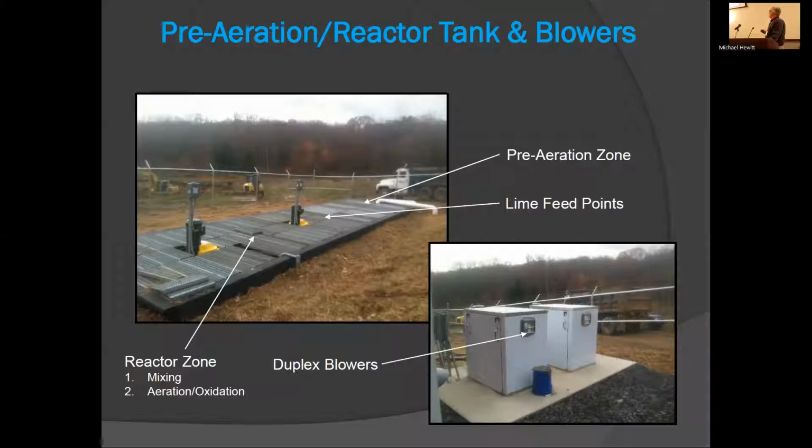With respect to the reactor system, there are 2 zones in it. Water comes in here. There's what we call a pre-aeration zone. That pre-aeration zone is designed to drive off carbon dioxide. That reduces lime use for more effective use. And as a result, it also limits the amount of scaling that may occur in the system due to calcium. As I mentioned, the lime slurry is pumped into this point, then flows into a reactor system with 2 mixers and also aeration in here, where the air is mixed and aerated to oxidize the iron into an insoluble form